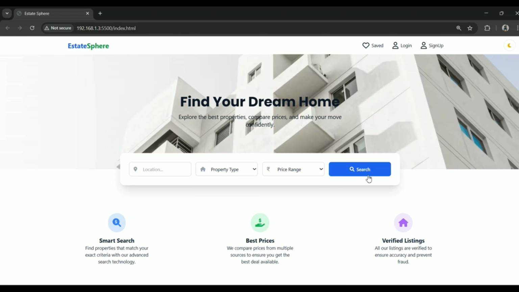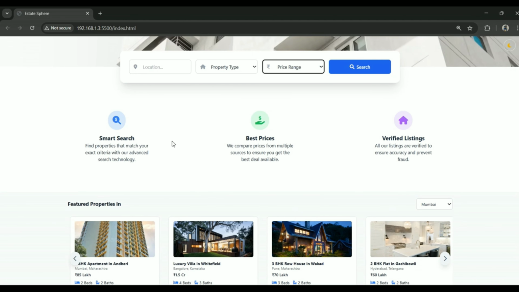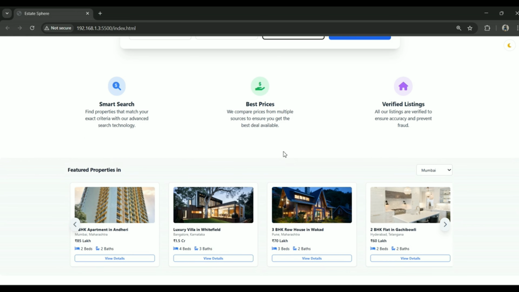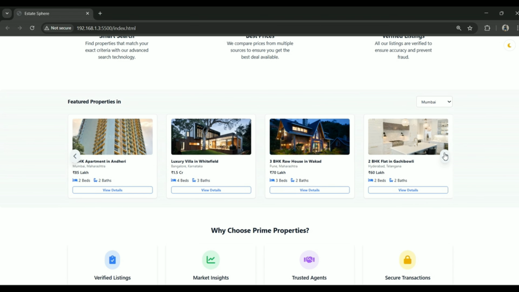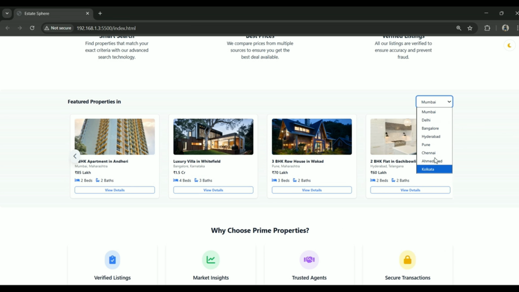The hero section features a bold Find Your Dream Home title and a Glassmorphism search form with inputs for location, property type, and price range. The features section highlights smart search, best prices, and verified listings with icon cards. A featured properties carousel shows cards for cities like Mumbai and Bangalore with images, prices, and details, scrollable with arrows